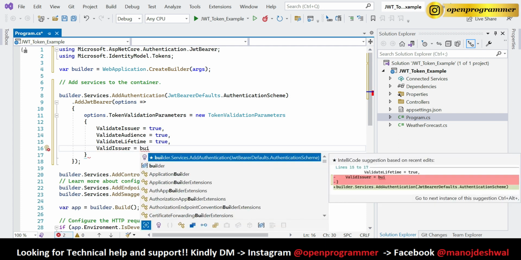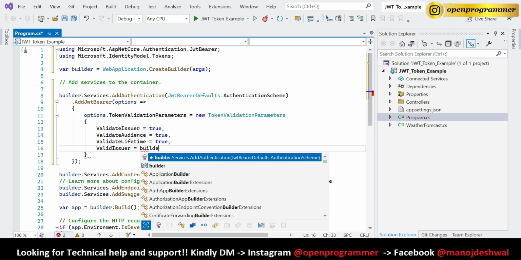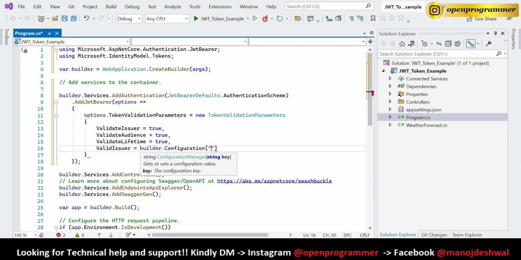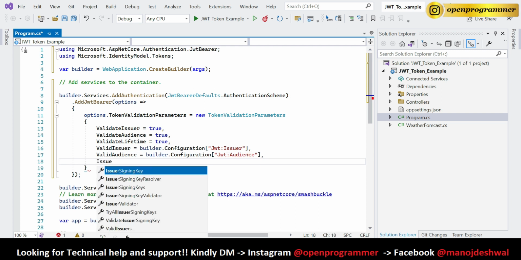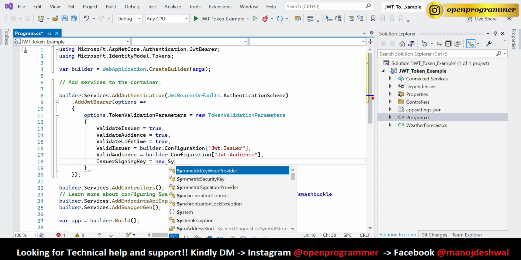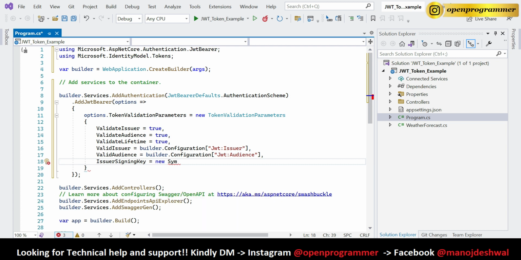I'll create that JWT configuration in appsettings.json. So builder.Configuration, and now we have to pass the appsettings key, which will be Jwt:Issuer. Now ValidAudience, again that we will take from our app settings. Don't worry, I'll give enough information in appsettings also. So that will be coming from Audience, and the last one is IssuerSigningKey, new SymmetricSecurityKey, and